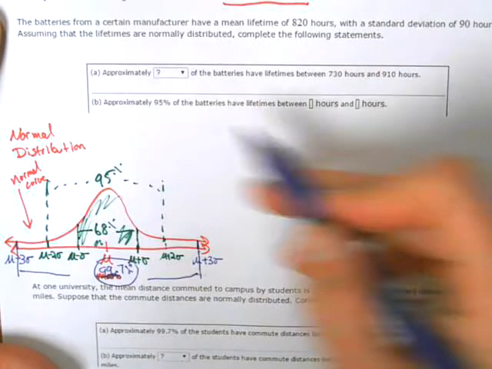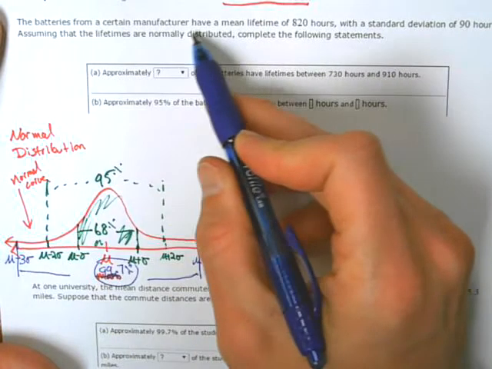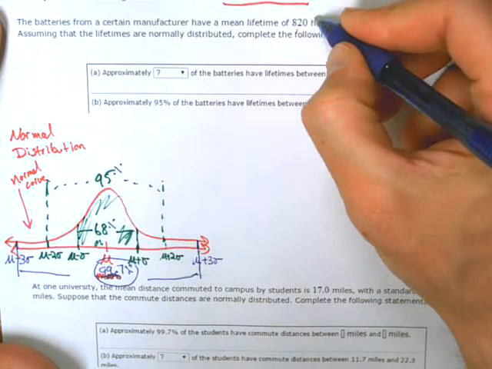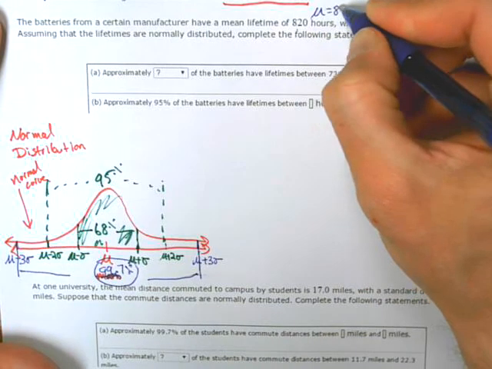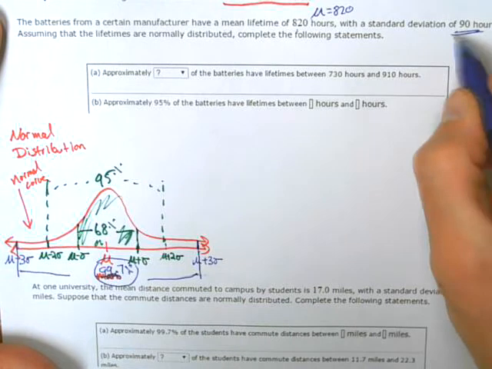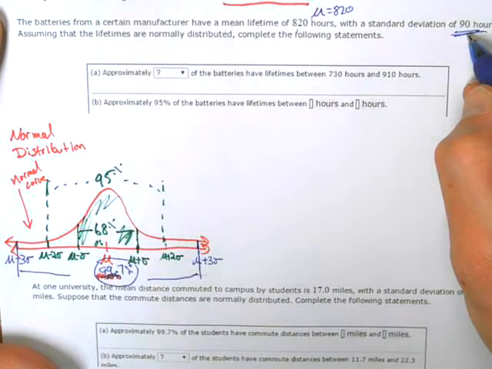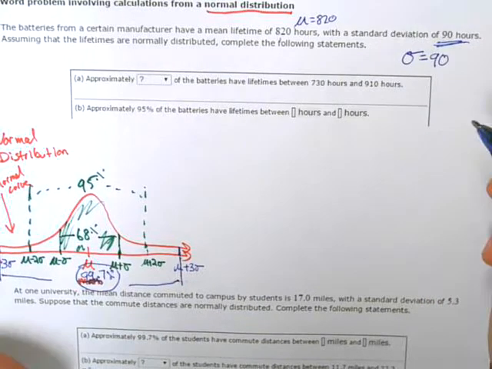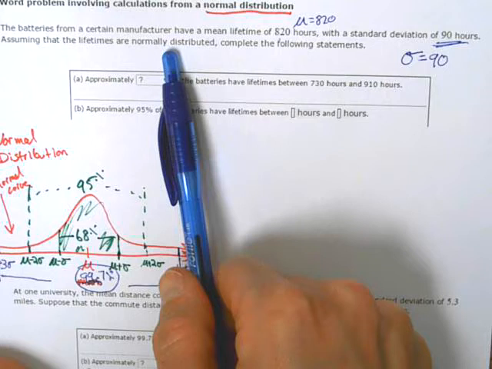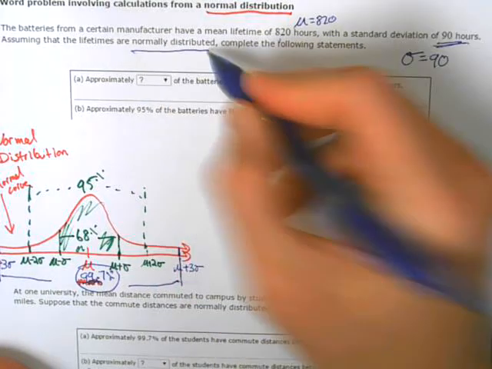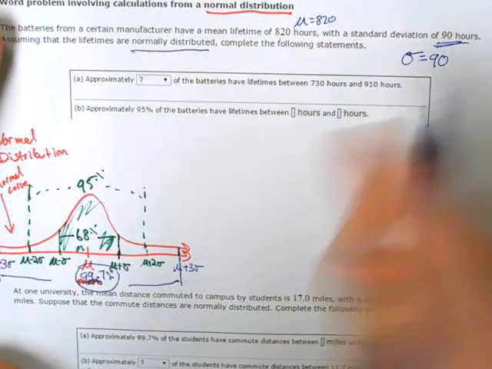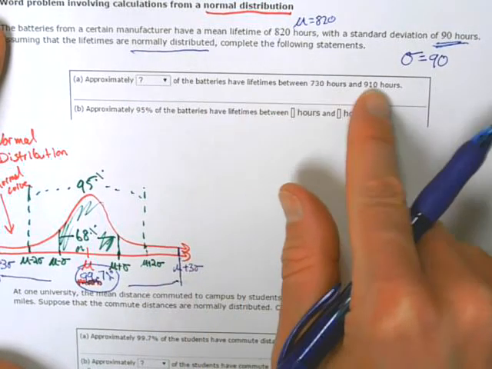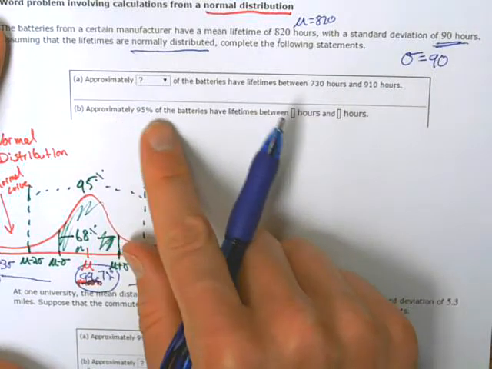So what's nice is they give us everything we need. The batteries from a certain manufacturer have a mean lifetime of 820. So right now, I know that my mean is 820. I don't even have to calculate it. And they give me on a silver platter the standard deviation of 90. So I know my standard deviation sigma is 90 hours. Assuming that the lifetimes are normally distributed, complete the following statement. So we know it's a normal distribution. We have to fill in the box here. Approximately blank of the batteries have lifetimes between 730 and 910, and approximately 95% of the batteries will have lifetimes